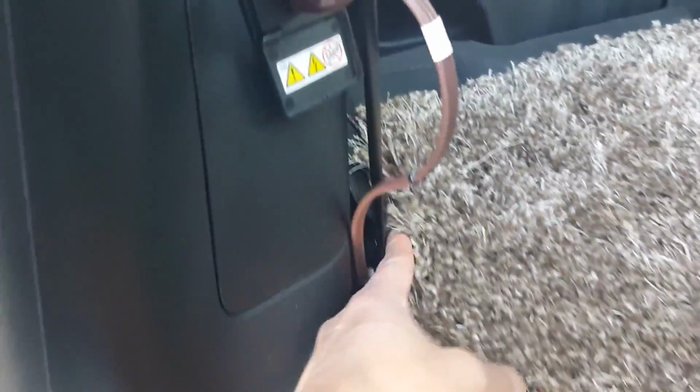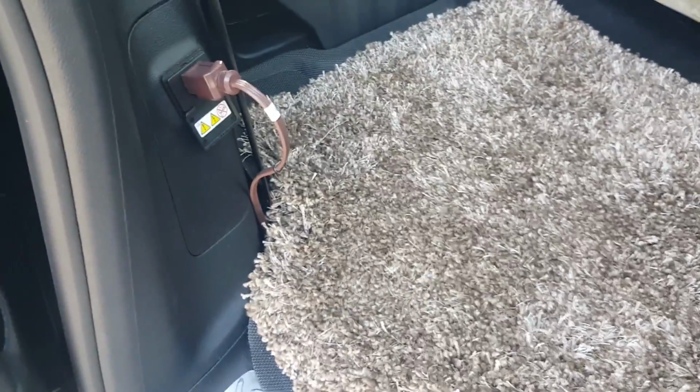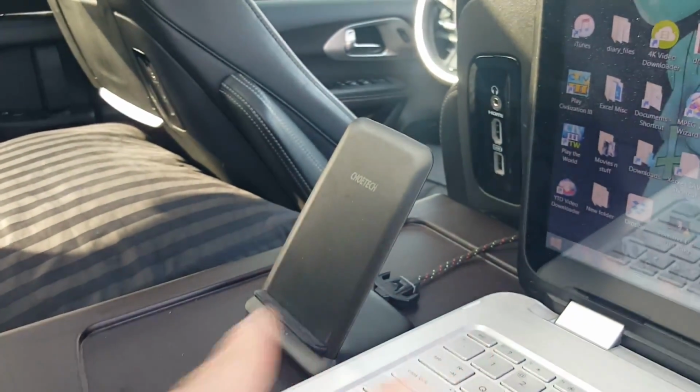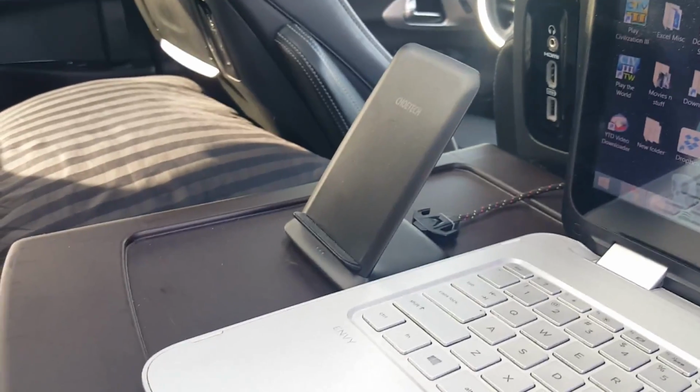Anyway, other thing about this carpet is before I didn't cut it to go around this wall because this carpet is super nice and soft and expensive and I didn't want to cut it. But this is the only thing I use it for, so I eventually got around to it. And so I cut it to fit around this wall so it doesn't flop over and look all weird. Oh, and this is my phone charger. You just stick your phone in there. You don't have to plug it in or anything, and it charges,